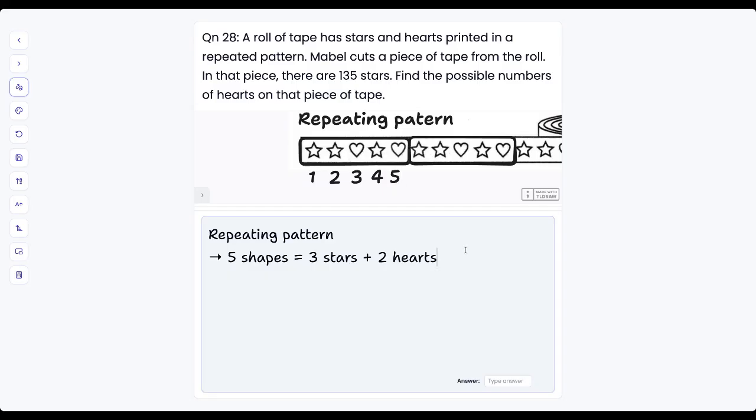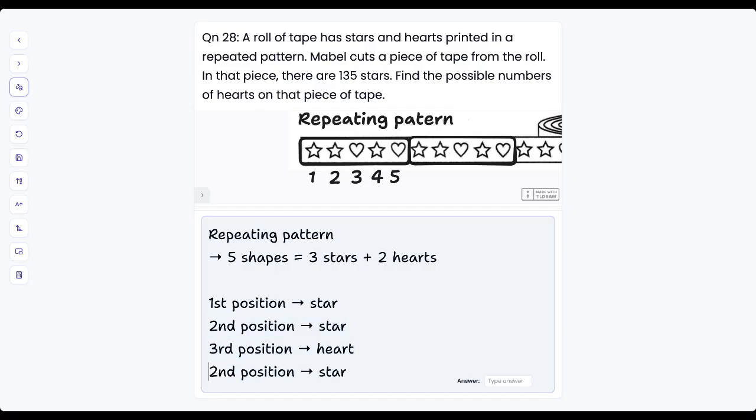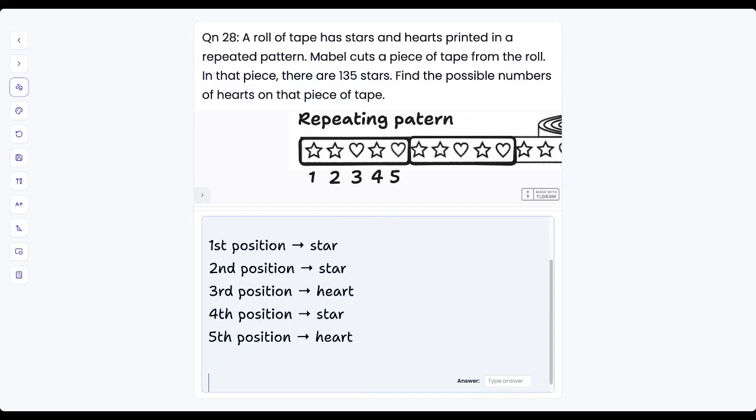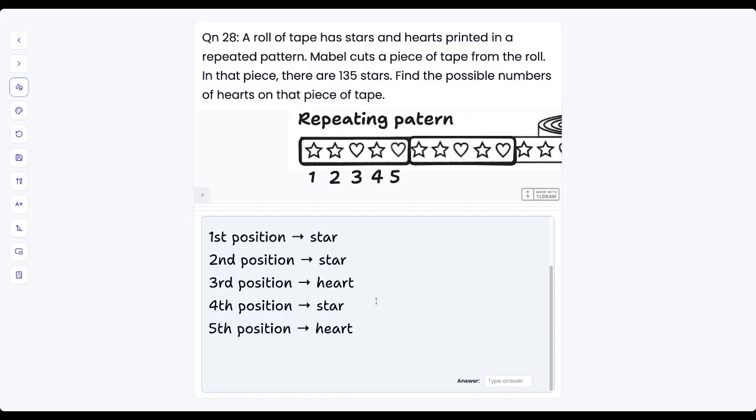Okay, so first position is a star, and then second position is a star. Third position is a heart. Fourth position is a star, and then fifth is a heart. Okay, so we see over here. Why am I doing this? Because if you know more about the repeating pattern concept, then